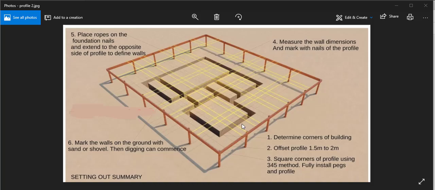All those should be achieved. Then your profile, which we said at least 2 meters from your building line, so that even after excavation, you will have enough offset. Then squaring the corners of the profile using the 3-4-5 method, with pegs and profile fully installed,